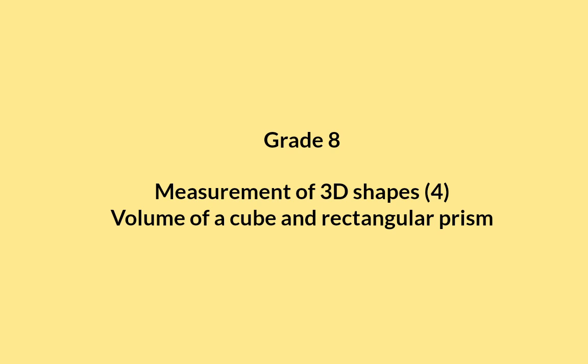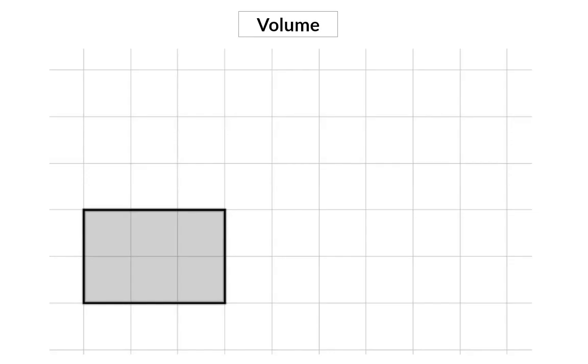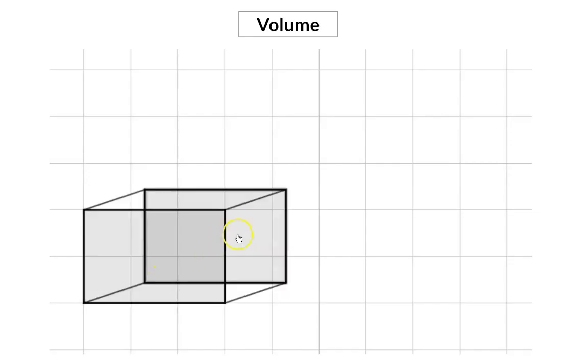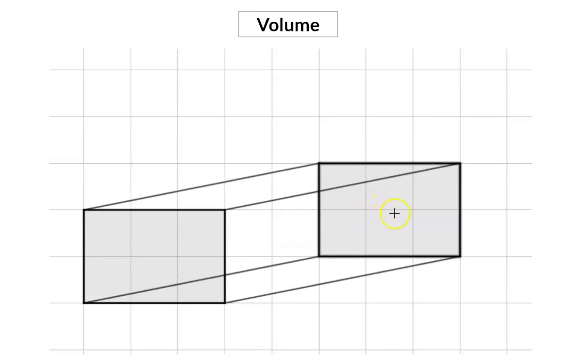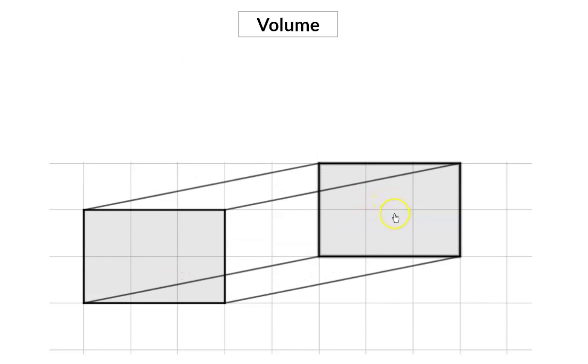In this video, we'll have a look at how to determine the volume of a cube and rectangular prism. A prism is formed by taking a two-dimensional base and stretching it out to form a three-dimensional shape, and the distance with which it is expanded will determine the volume. So, to calculate the volume of a prism, you're going to start off by determining the area of the base